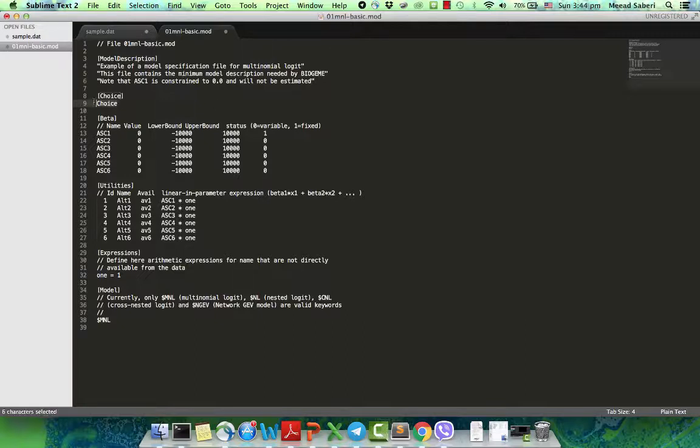So we covered this choice section, which is very important. The next section is specifying the variables in the utility function. In a very basic utility function, we may want to only have alternative specific constants and maybe not include any other variable like travel time or travel costs. So that's what you see here. We have 6 alternative specific constants specified,